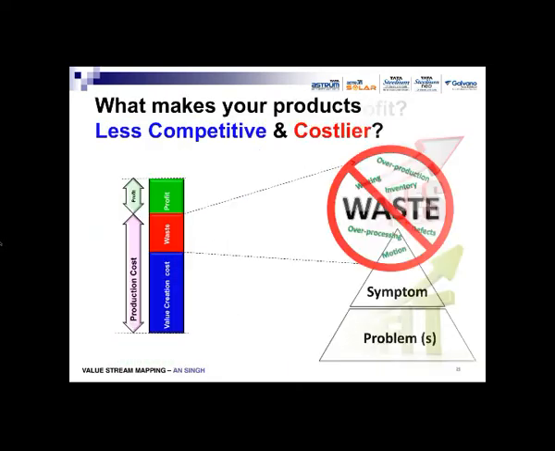margin. So now what makes our products less competitive and more costly? From lean, it is very clear that there are several kinds of waste which are generated in our processes. They are reducing the competitiveness and profitability of every kind of organization, whether it is manufacturing any product or providing service to the customers. But